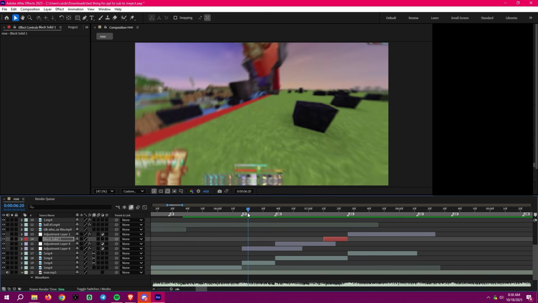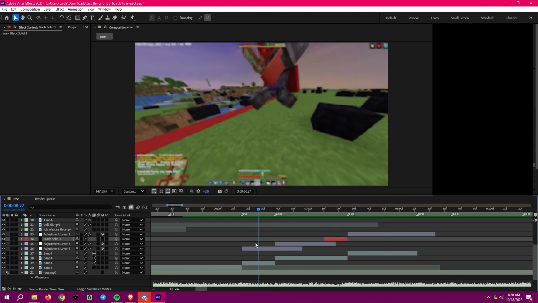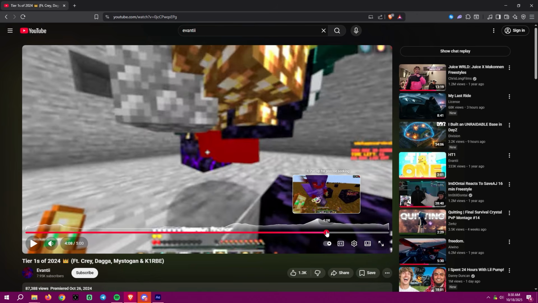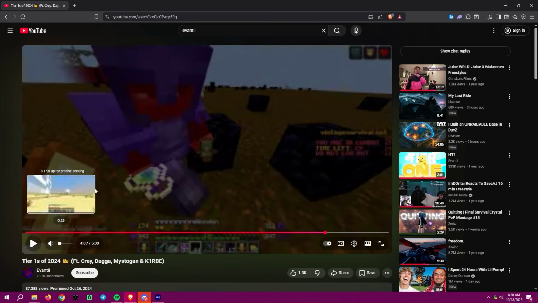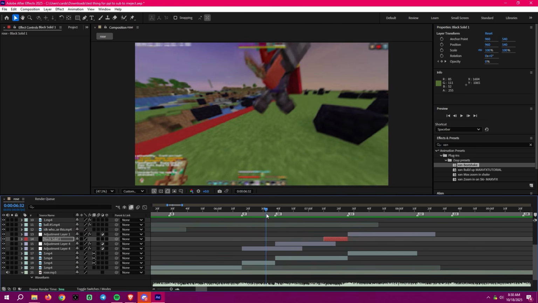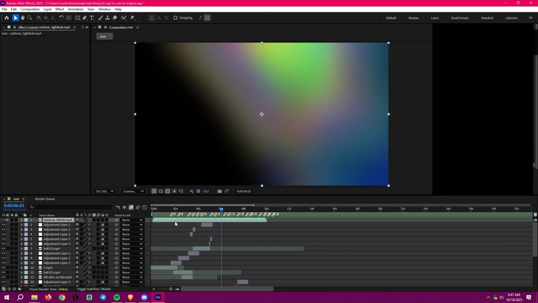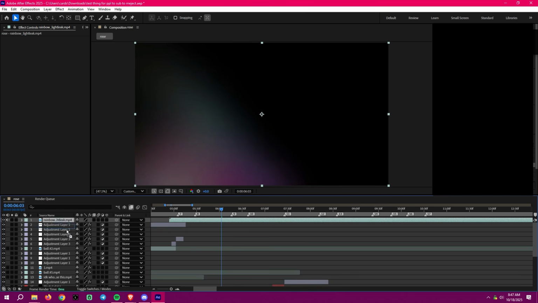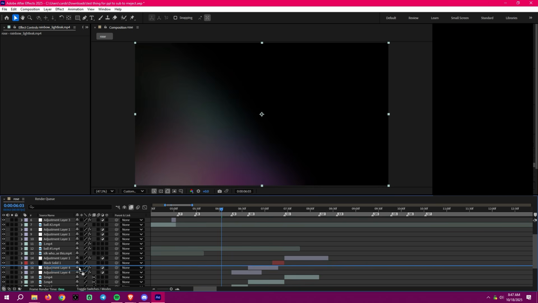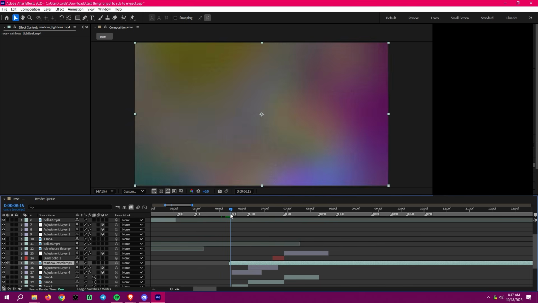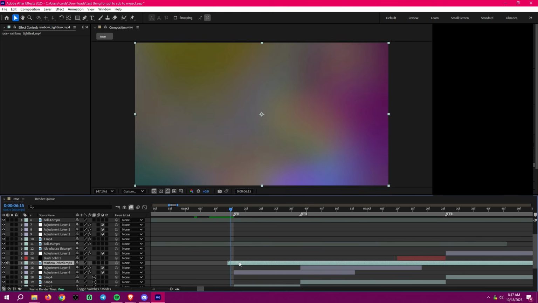And then also I'm gonna add a little overlay here. So if I show the video that I edited, right here, there's a little overlay that comes over it. So I'm gonna show you guys how to add that, and I'll put that in the description. Okay, so I found this overlay, and I kind of don't really like it, but it's the only one that I can get since I reset my PC. But I'm gonna put it in the description, and pretty much what you want to do